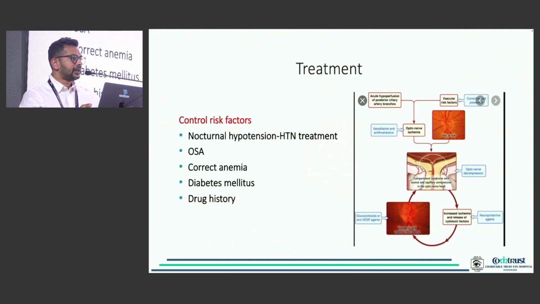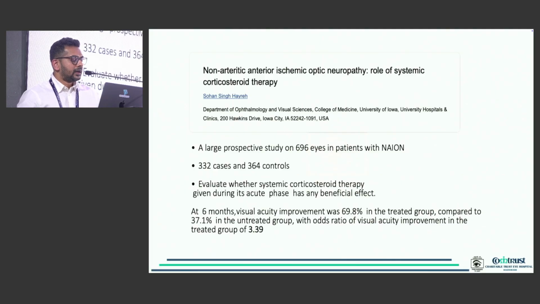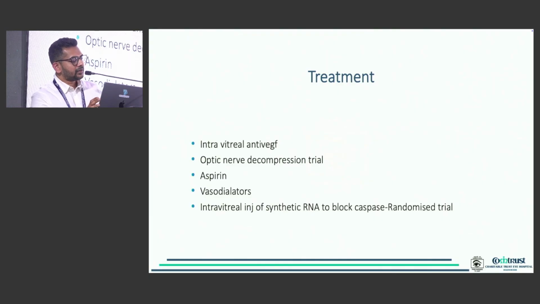So the treatment is basically focused on controlling the risk factors. We should avoid nighttime antihypertensives, treat the coexisting diseases, and check for any offending drug. Steroid has been studied in NAION, and some studies have shown improvement in up to 70% in the treatment group and 37% in the untreated group. But many studies have failed to produce consistent results. Many other treatments have also been tried, like intravitreal anti-VEGF, optic nerve decompression, and aspirin, but none of these studies